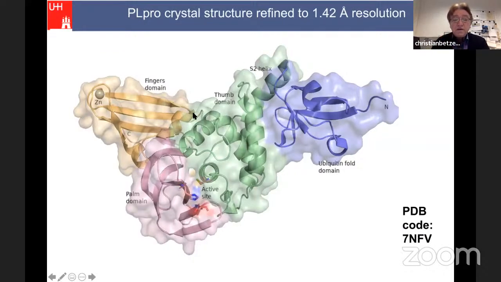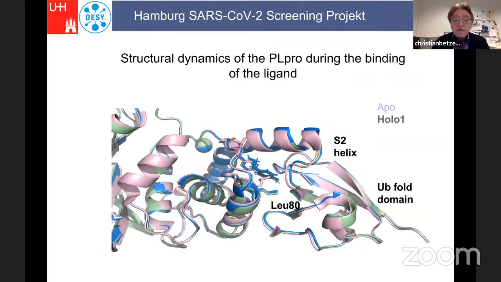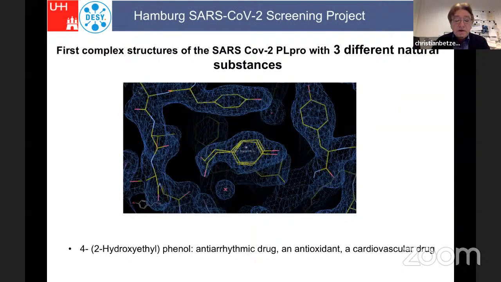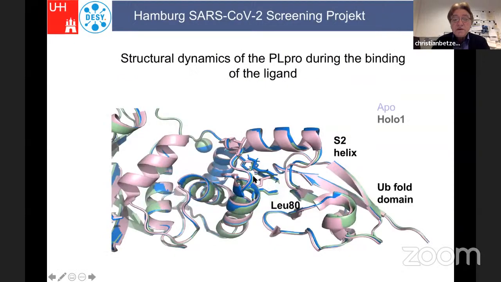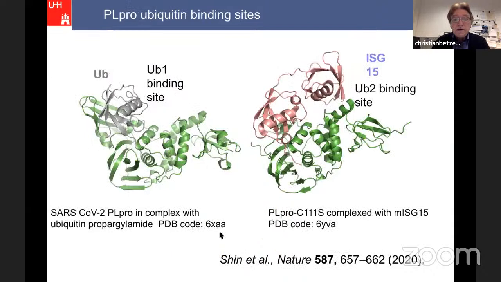So this enzyme has 2 functions. It's cutting the main chain, the non-structured main chain of the virus, plus modulating the immune system. I'm coming back later with a summary on this. And it has a lot of mobility. Now we are also going to perform time-resolved experiments. 2 compounds are found here close to the S2 helix, and 1 is on this side. Here again, the active site. To be mentioned is a zinc binding protease in parallel. So really a complex and nasty enzyme, I would say.